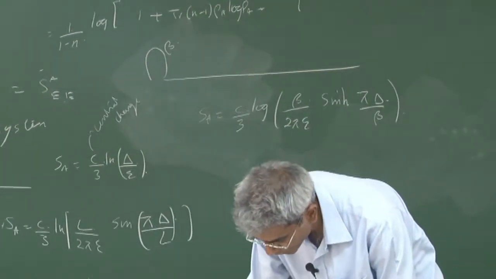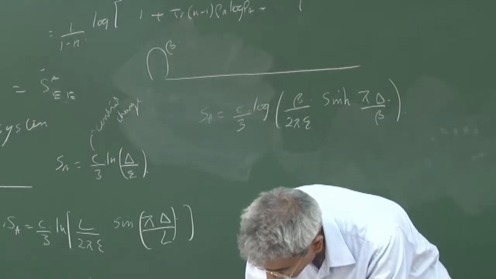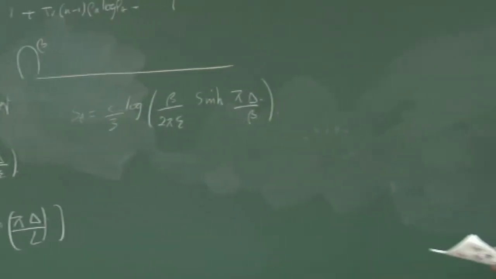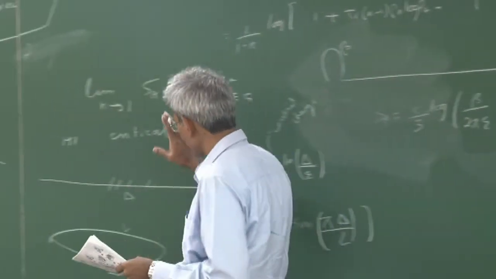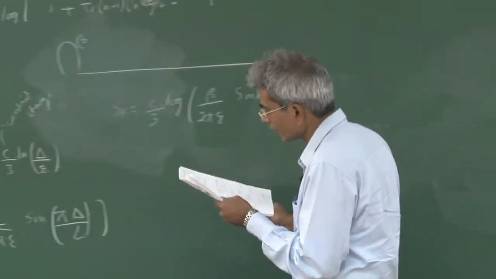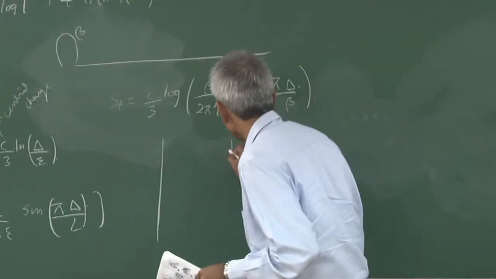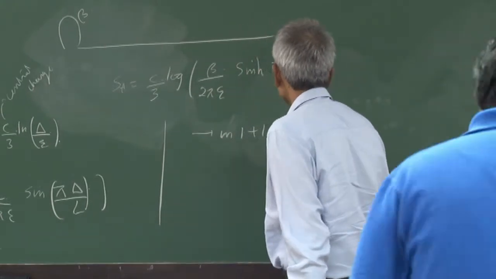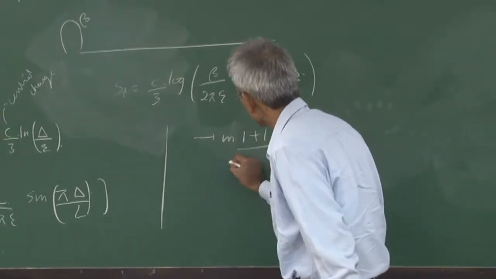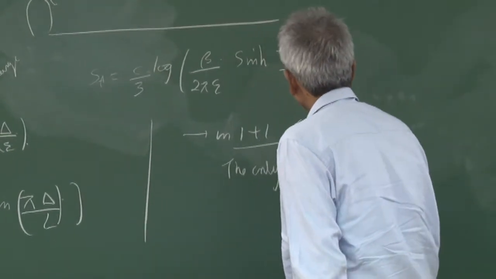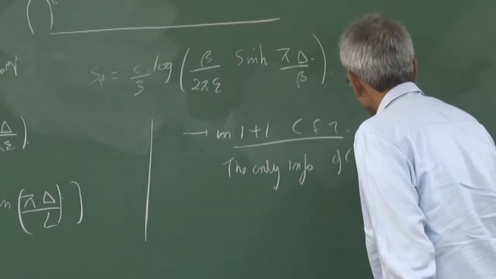So, as you can see from this expression for a single interval, entanglement entropy does not have more information for a single interval in 1+1 critical systems. It does not have more information than, say, the Boltzmann formula or the Boltzmann-Cardy formula. So, in 1+1 CFT, the only information of the CFT is the central charge,